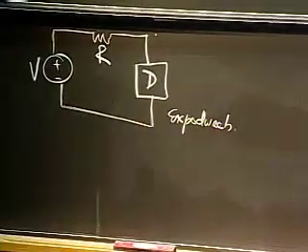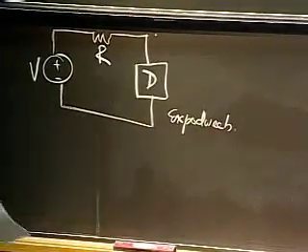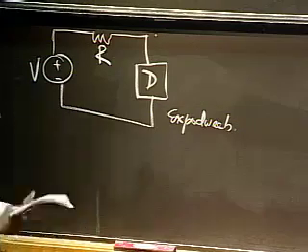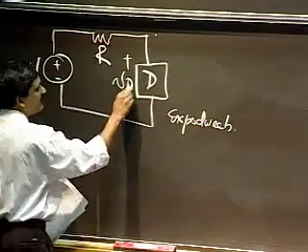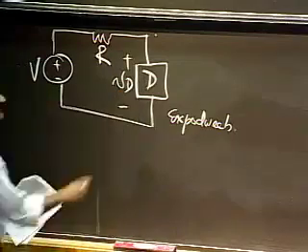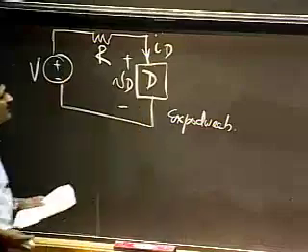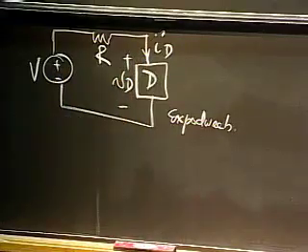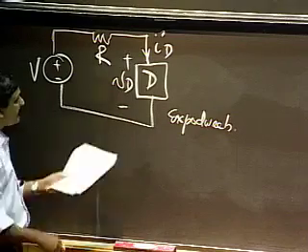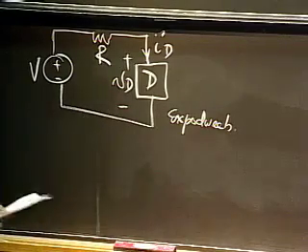I purposely chose a funky name because this is a fictitious device. And let me write down the associated variables for this device as follows. ID is the current flowing into this terminal, and VD is the voltage across this device. So this is a nonlinear device, and